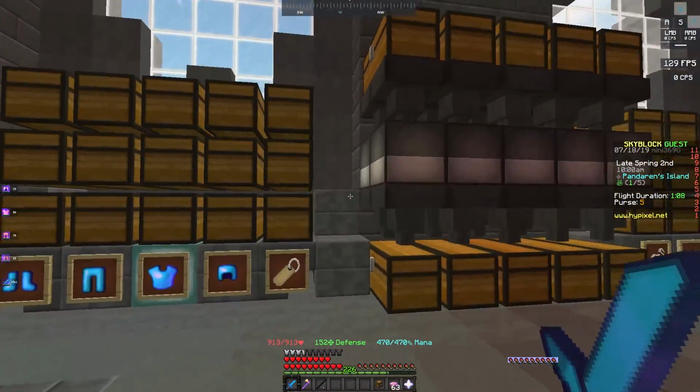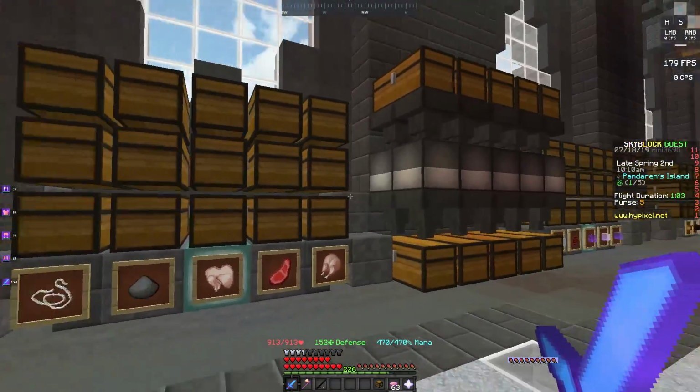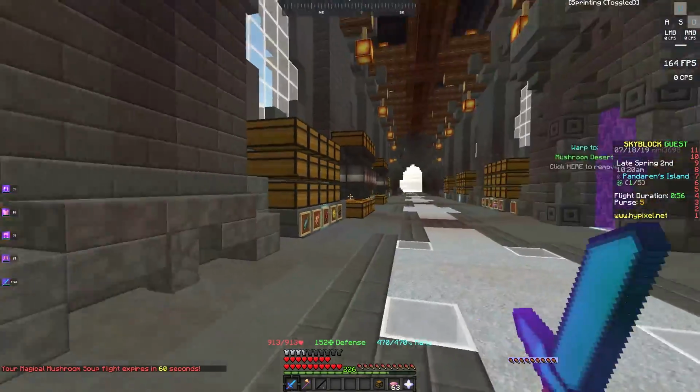Looks like these are a bunch of mob items. They've got their armor over there. If they ever get some coal, or some mob drops, they literally just go and smelt that stuff. They've got some more blocks over here, all the enchanted cobblestone, enchanted sand, their valuables over